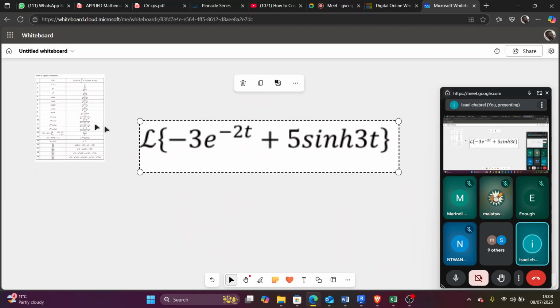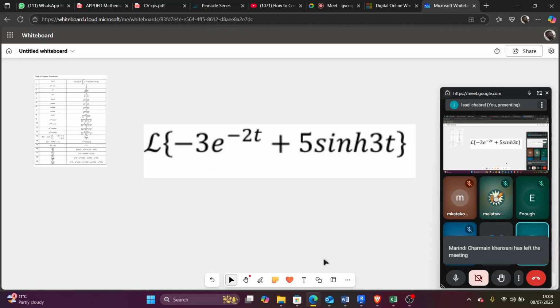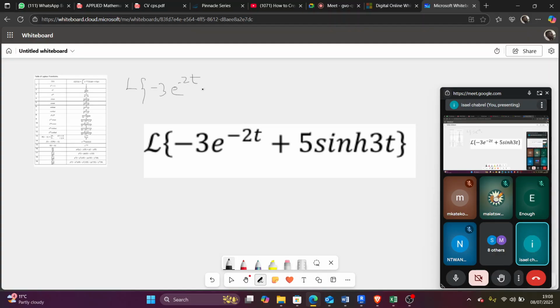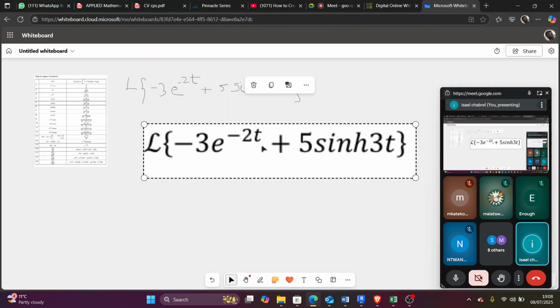Why is it too big like this? Anyway, I'll try to recap something like this: minus 3 exponential minus 2t plus 5 sin. For those who were here yesterday, my tablet is on repair, so from next week I won't be using my mouse. We won't have this challenge, so just mind my handwriting for now. We should be fine by next week.